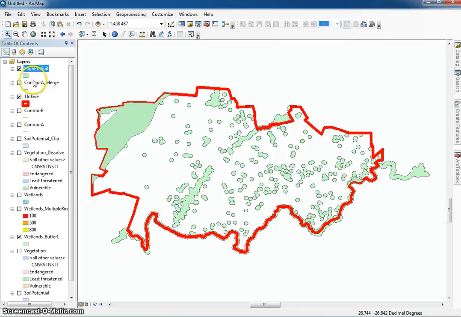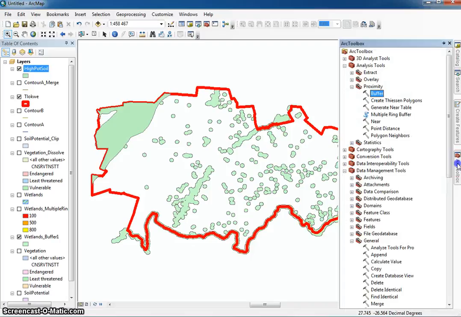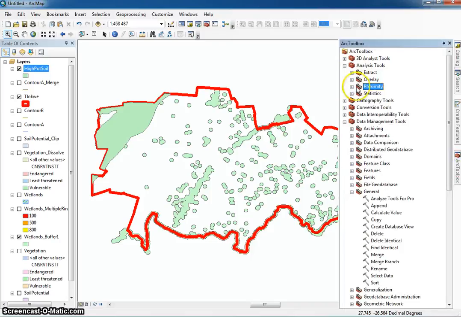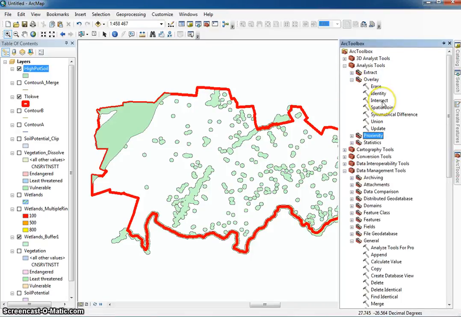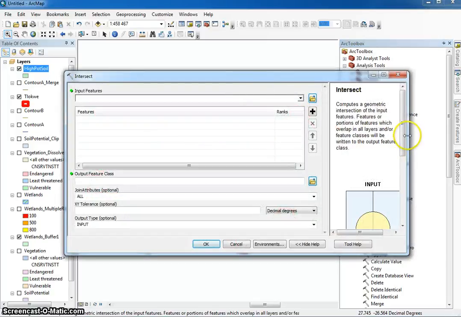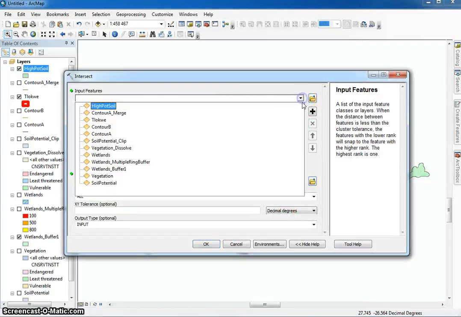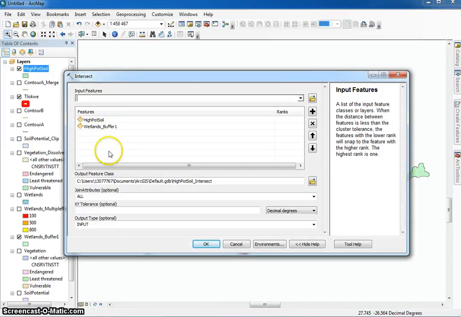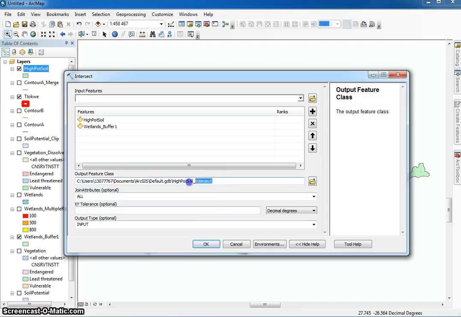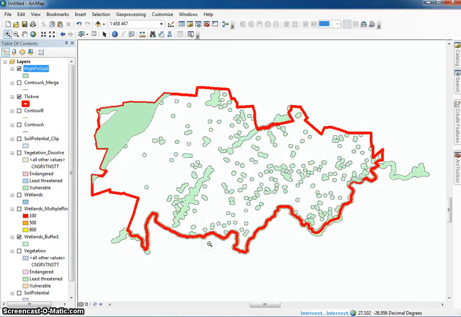So now I can combine these two layers with one another. So for that, I'm going to use the intersect tool. Intersect tool you'll find under analysis tools, overlay, and there's an intersect tool. Double click it, and I'm going to ask it to use the high potential soil and intersect it with my wetlands buffer, that one there, the 500 meter buffer. So you can have multiple layers here that you intersect with one another. You need to specify where you want to save this newly created feature, this intersect feature. I'm going to say OK,